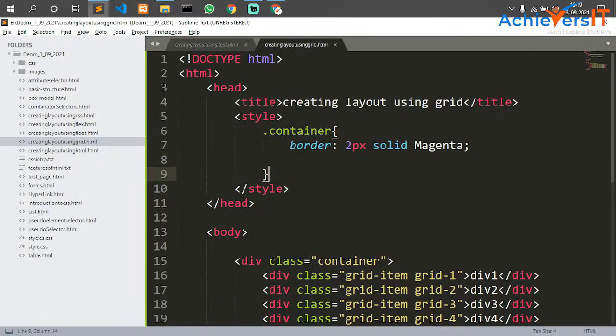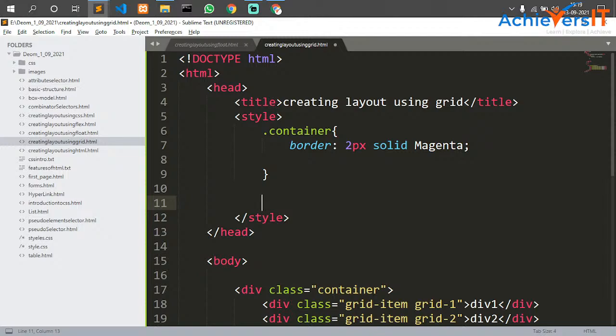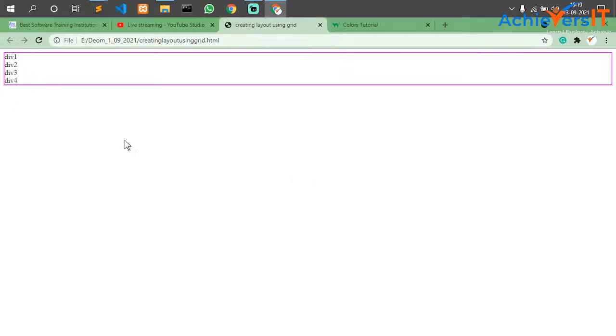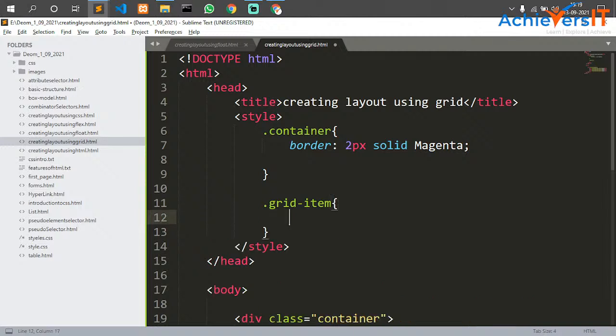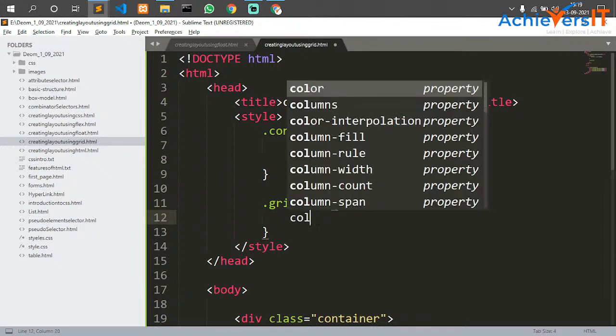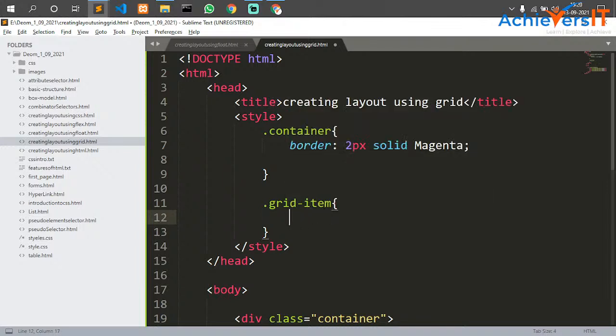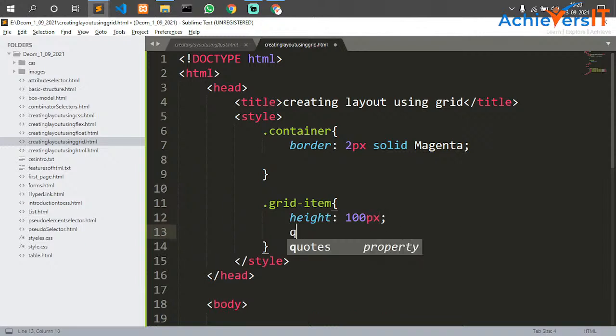Now we're gonna give common styles for our children. So what is a common class? Grid, dot, class name, grid item. When it comes to this grid item, we're gonna give some colors, and height and width as well. Also you can give height of 100 px, width of 100 px,